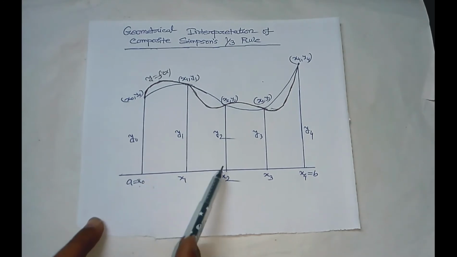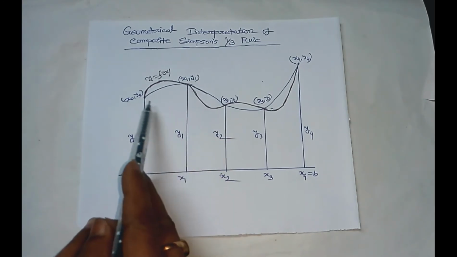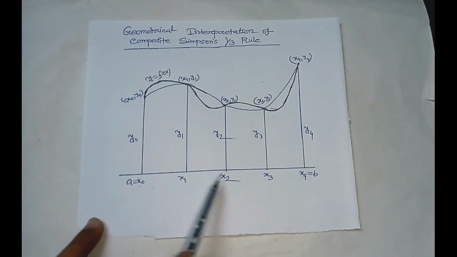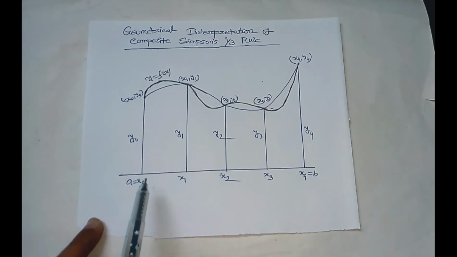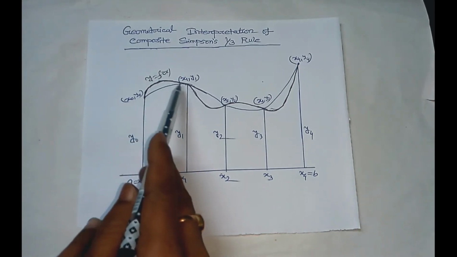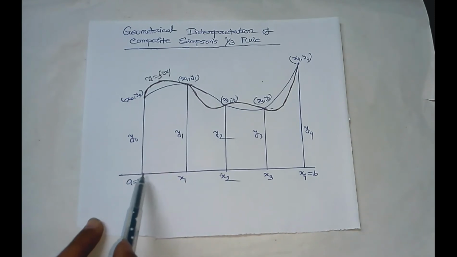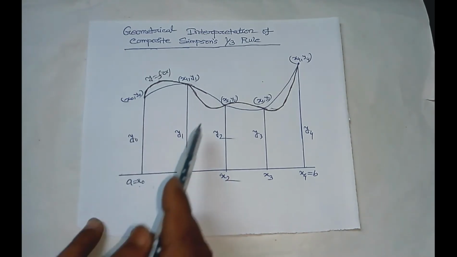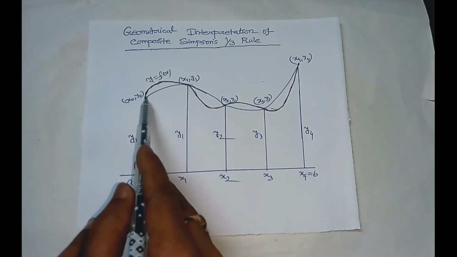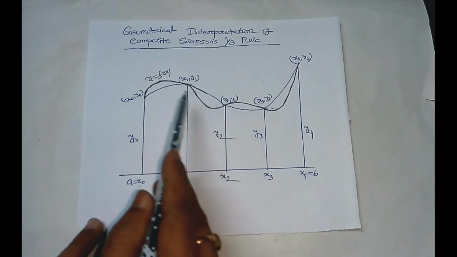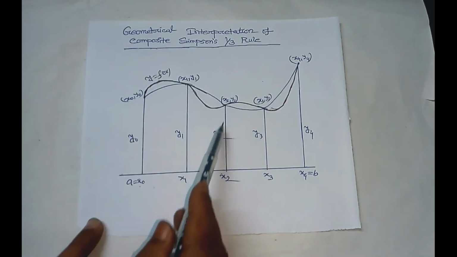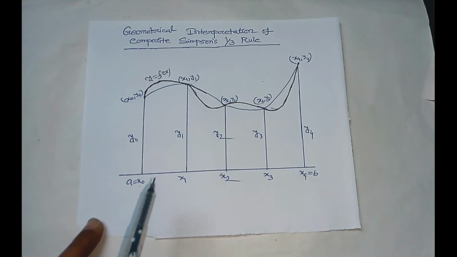Now from x0 to x2, we use this Simpson's one-third rule. For that we need these 3 points x0, x1 and x2. So if we apply this Simpson's one-third rule here, we know that the area bounded by this curve between this x-axis and these 2 lines is estimated by the area of this parabola bounded between x-axis and these 2 vertical lines.